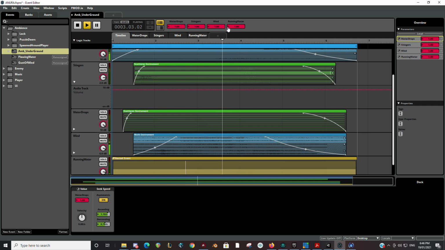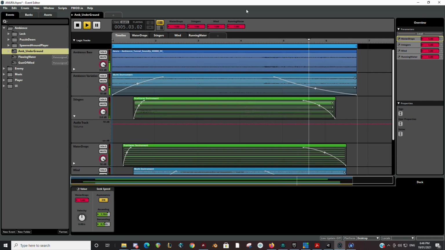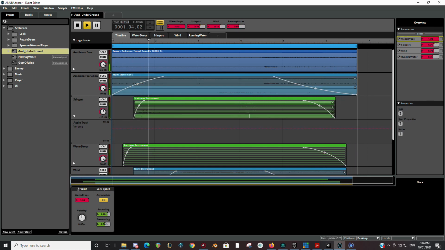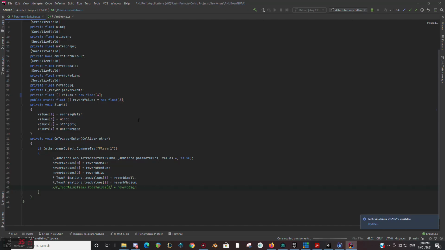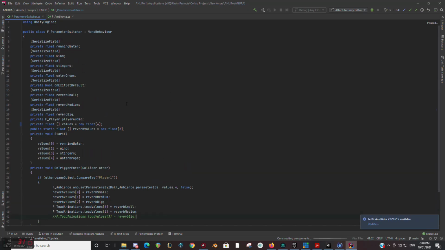And some running water. Like all of these can be adjusted, like different levels. So yeah, that's essentially the FMOD event. It's pretty simple. So here's the parameter switcher script,